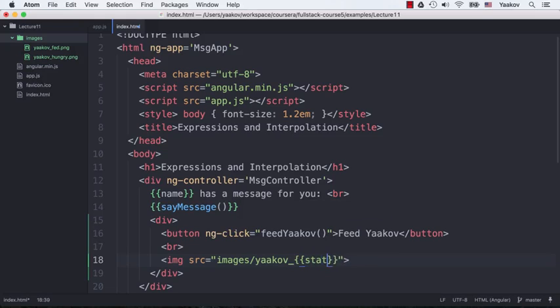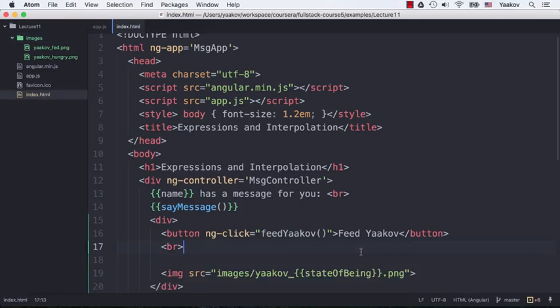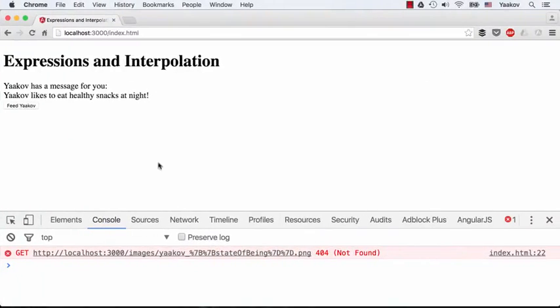Here we're going to say stateOfBeing. What is Yakov's state of being? And of course, after that, since it's going to get concatenated, or otherwise known as interpolated here, we need to put the period and png. So it'll be Yakov underscore, and if the state of being is fed, then it'll say fed.png, or if hungry, it'll say hungry.png. So let's go ahead and take a look at our web page, and you can see the Feed Yakov button is here,